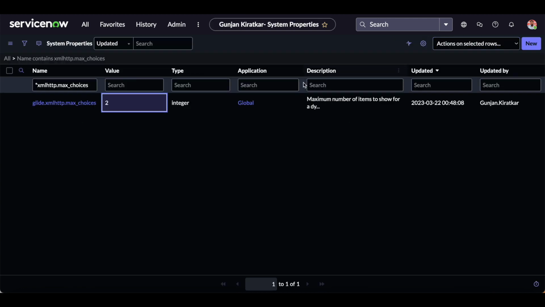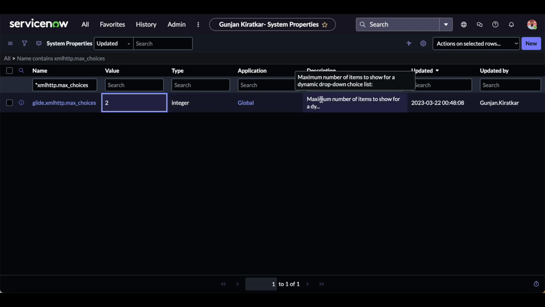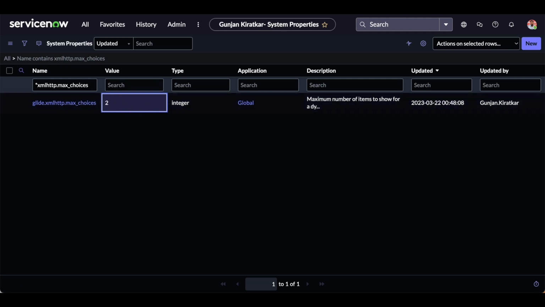But you need to understand that this is a global property, and the same property is used for the drop down choices as well. So whenever you make any modification to the system property, it will be globally affected for the drop down as well as for the